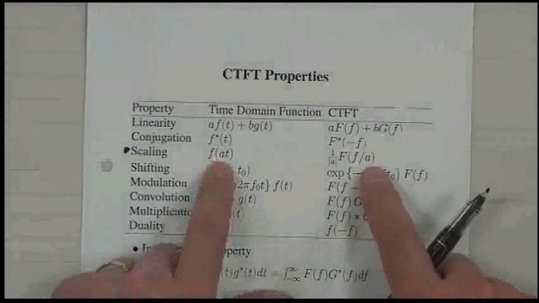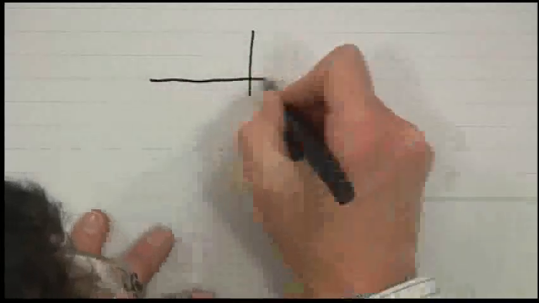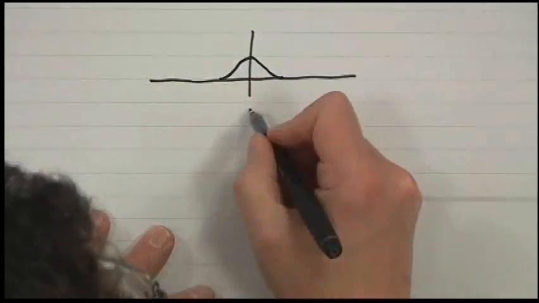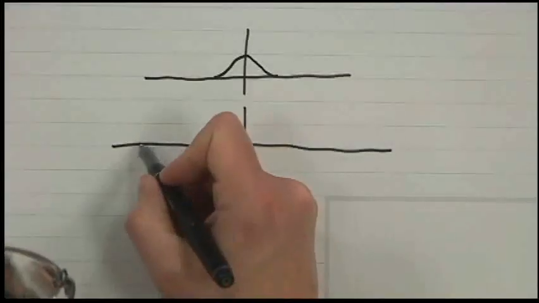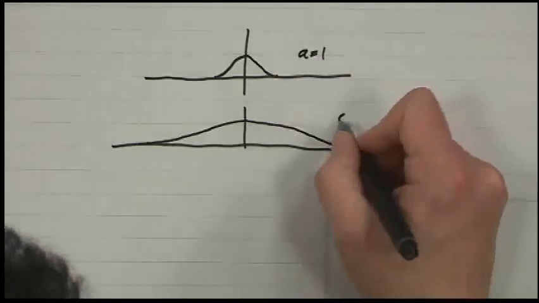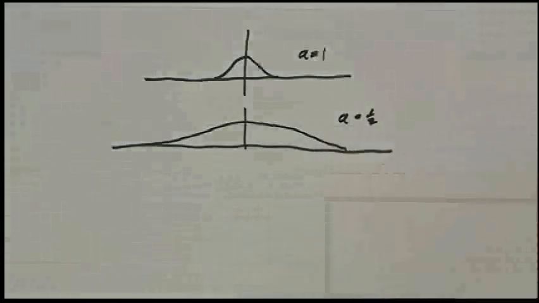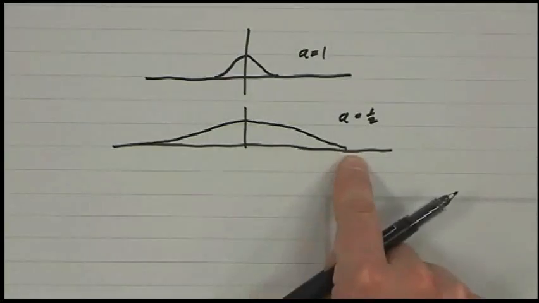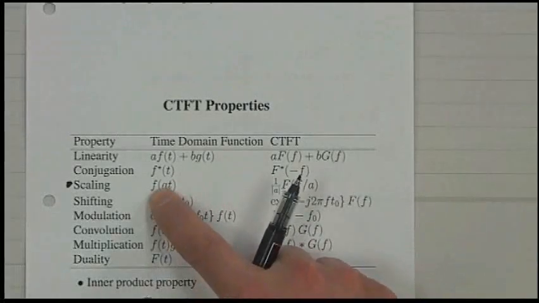So if you scale something, what happens? If you have a signal like this, and you stretch it out, so then it gets longer. So this would be A equals 1, and say this is A equals 1/2. Because if A is equal to 1/2, it's going to be stretched by a factor of 2, because the value t has to be twice as large to produce the same output. So when you take the Fourier transform of that,